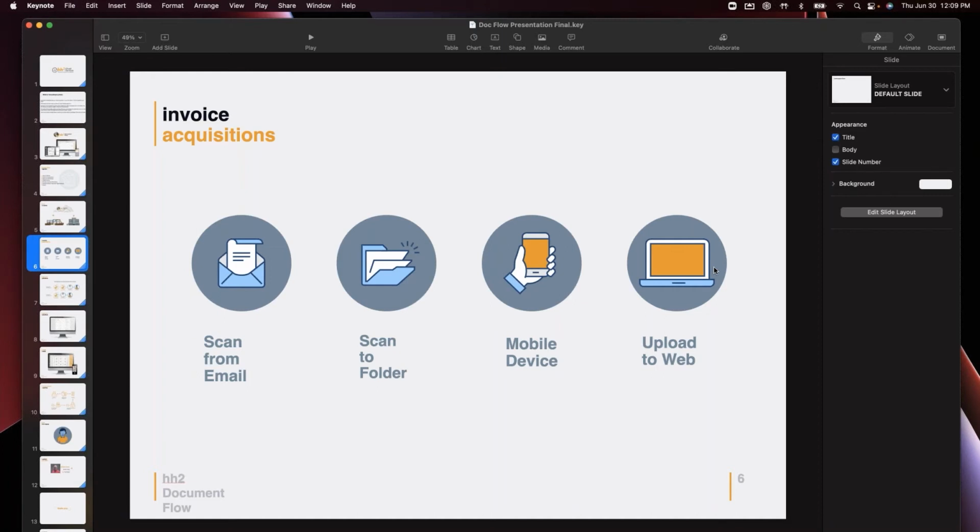So most commonly, we have an email that's being monitored. Maybe you have an invoices or AP at your company name, and HH2 simply monitors that email folder and pulls the images into our system. So pretty simple and pretty clean there. Now, once we have your data, we'll walk through how we navigate through it, provide the right information, and then route that data for approval.